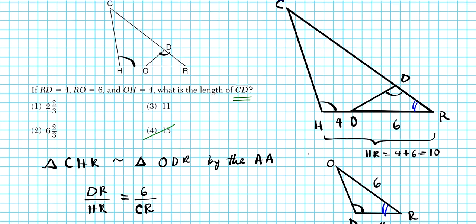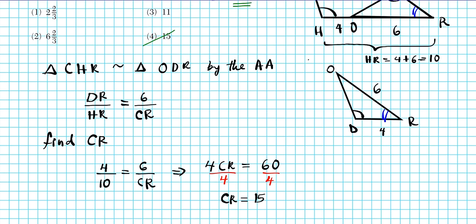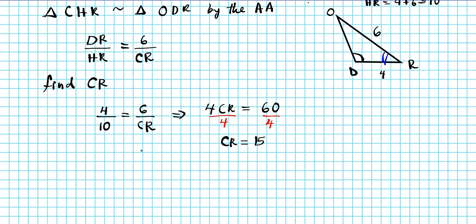So to figure out what CD is, we simply know that CD plus DR gives us CR. Okay, based on this configuration right here. So let's write that down. We know that segment CD plus segment DR gives us the entire length using the segment addition postulate. CD is what we're looking for. We're given the fact that DR is 4, and we just found out that CR is 15